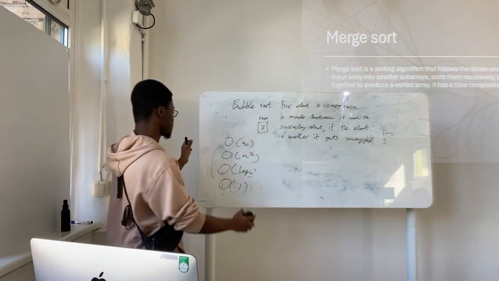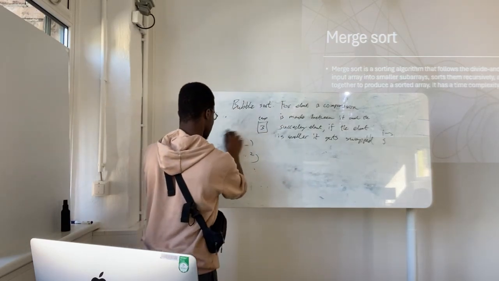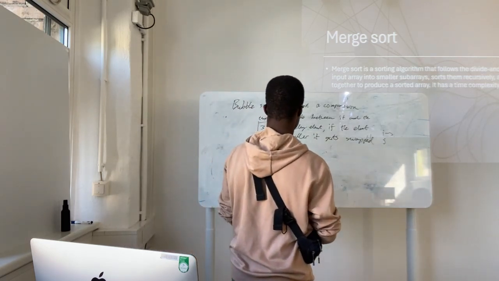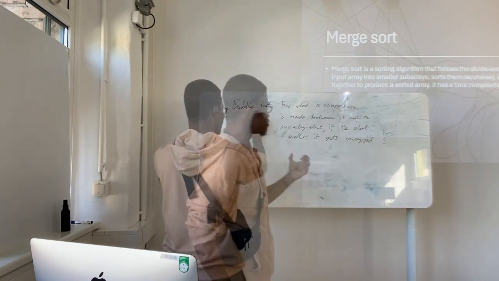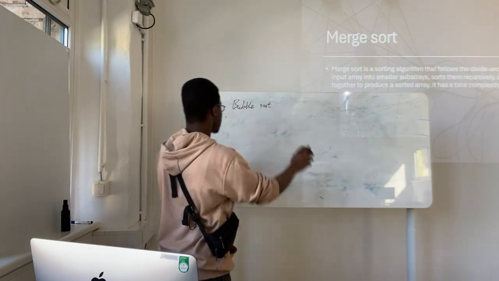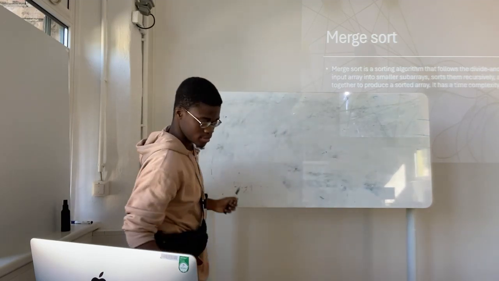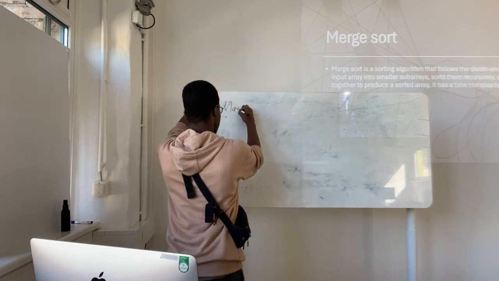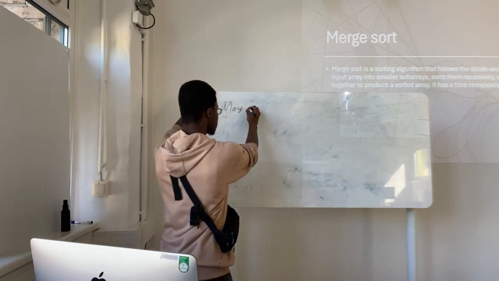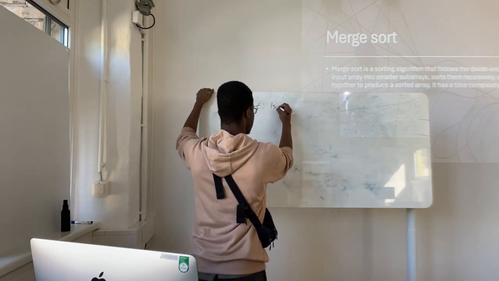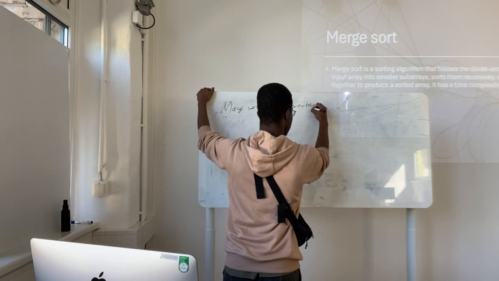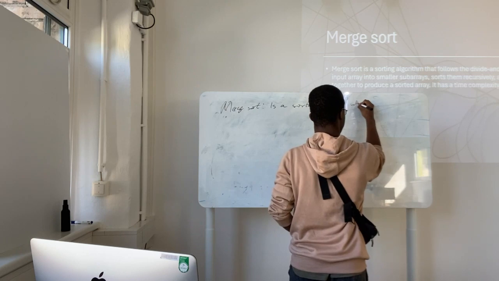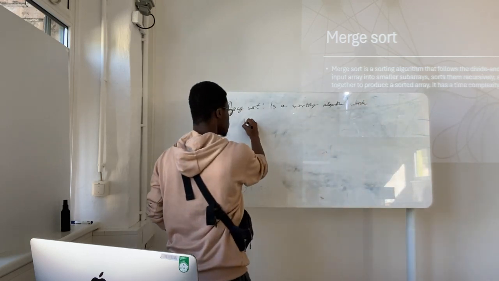So we had bubble sort. What's the first thing that comes to mind when you think of merge sort? Feel free to read it. I don't mind. So let's give a definition for merge sort. Merge sort is a sorting algorithm which recursively